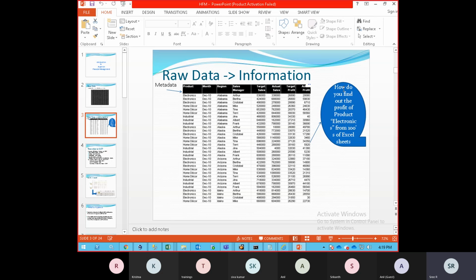The reason is, how do you find out the profit of a product called electronics from hundreds of Excel sheets? If I have multiple Excel sheets and I would like to consolidate them, you could not do it. Even if you do it, it takes more time, and I'm not sure about the data. It might not be accurate.